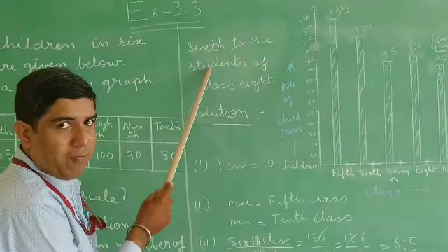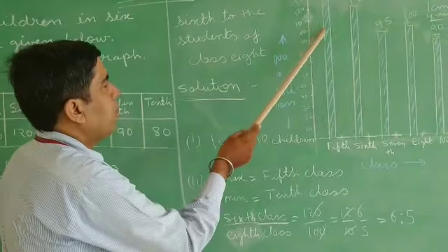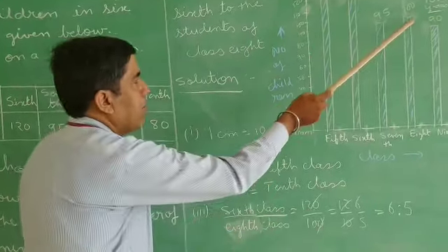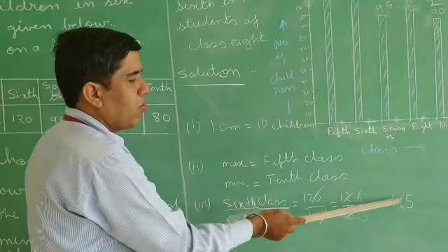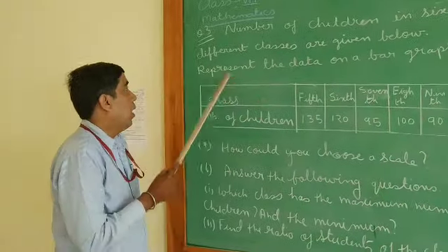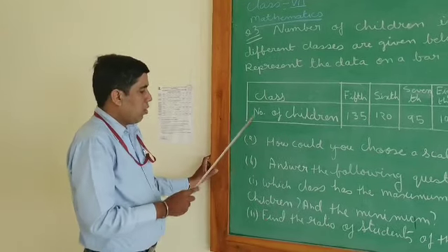Right here, and the ratio of 6 is to 8. So 6th class upon 8th class. So what is the population of 6? You can see here it is 120, and 8 it is how much? It is 100. So 6 by 5. So 6 is to 5 is the answer. This question completes here. Question number 3 I have discussed with you just now.